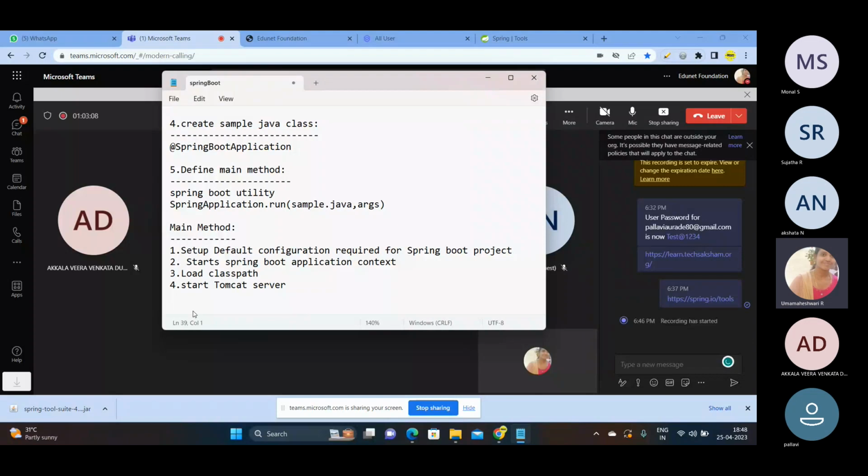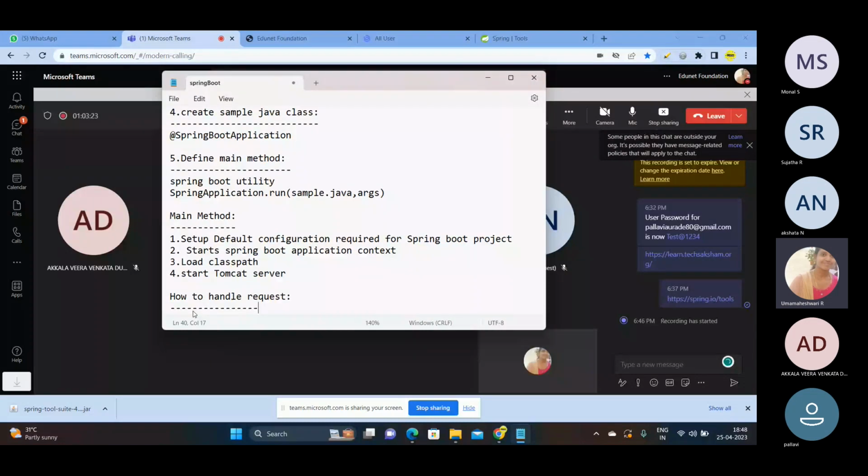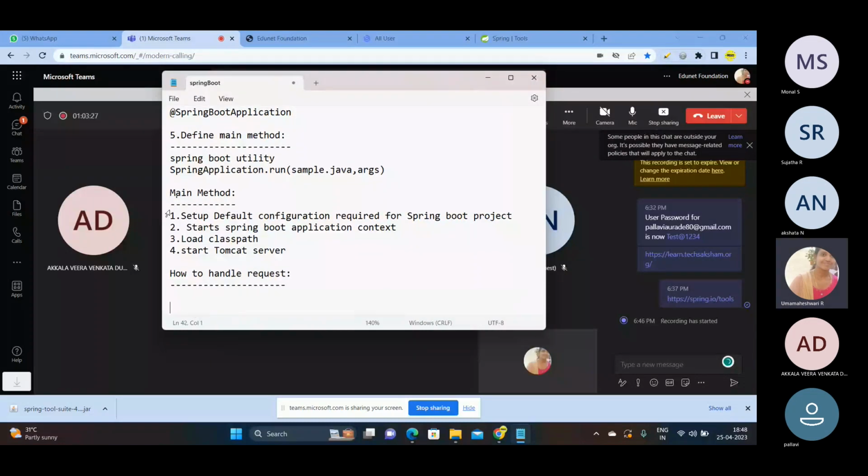So a very simple example I'll tell you. So how we can process this after knowing about how to handle a request. So this is the main important thing why we are going for frameworks. Okay. So this is a main method. So how we can create a main method. So in real time, I'll tell you how we'll be doing this. Okay. The next one is